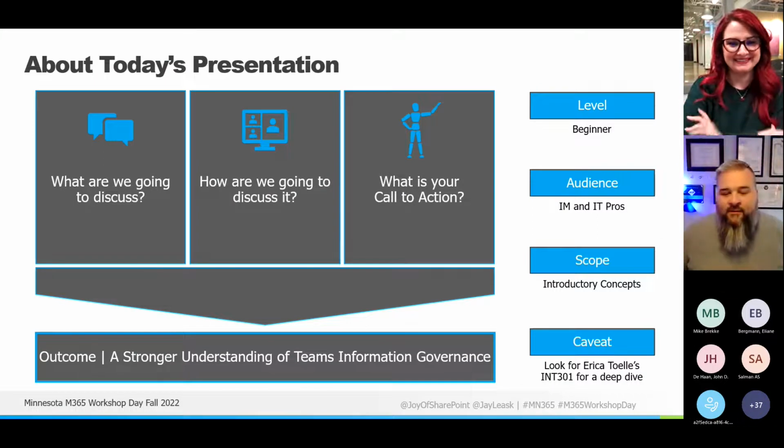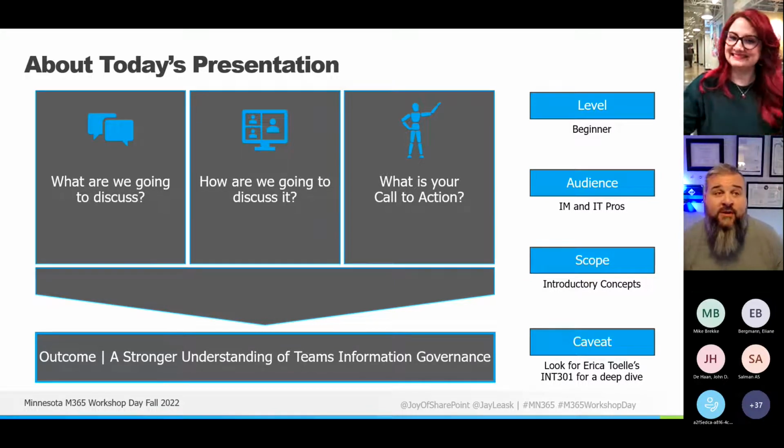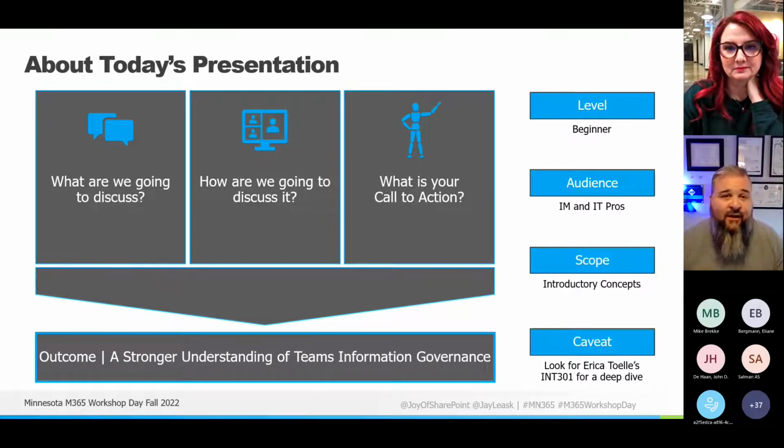And part of the reason that I want to make sure that we talk about those roles, those backgrounds that we have is proper governance requires a technologist to know the capabilities of the tool, to know what can I do in PowerShell, what do I do in the admin center, where am I going to need a third-party tool. It requires an information management nerd like the two of us. It requires someone to understand, hey, this team is going to have this kind of information, and therefore it's really going to require us to take a different approach to things than simply turning it on and off, creating it, deleting it, all of that stuff.